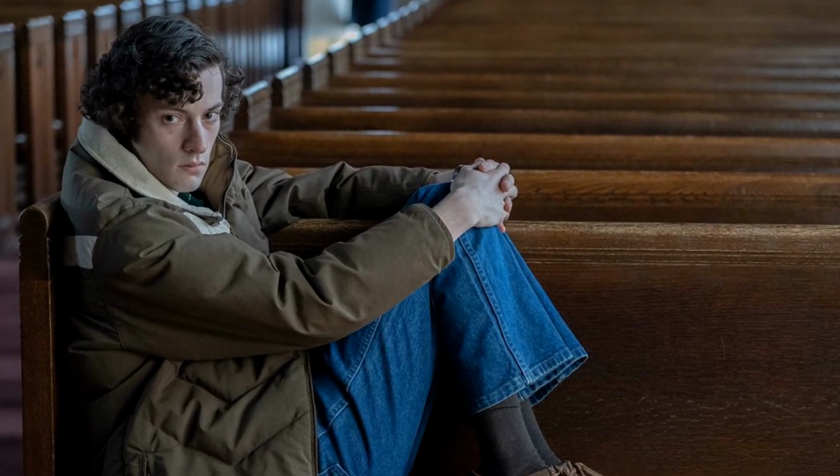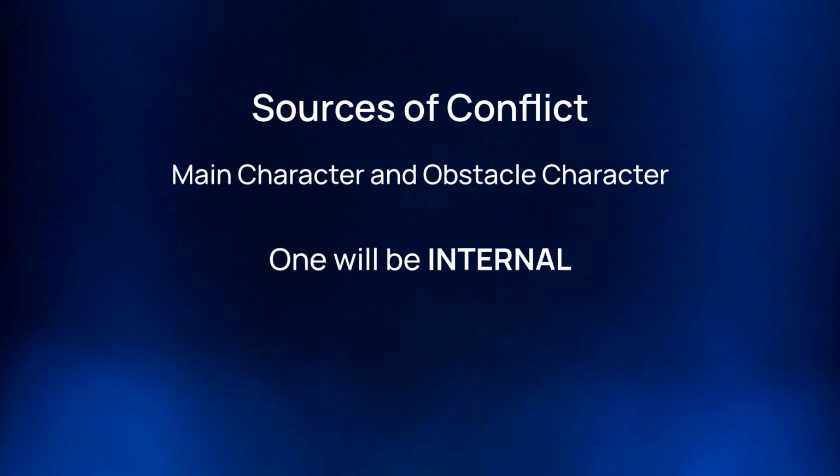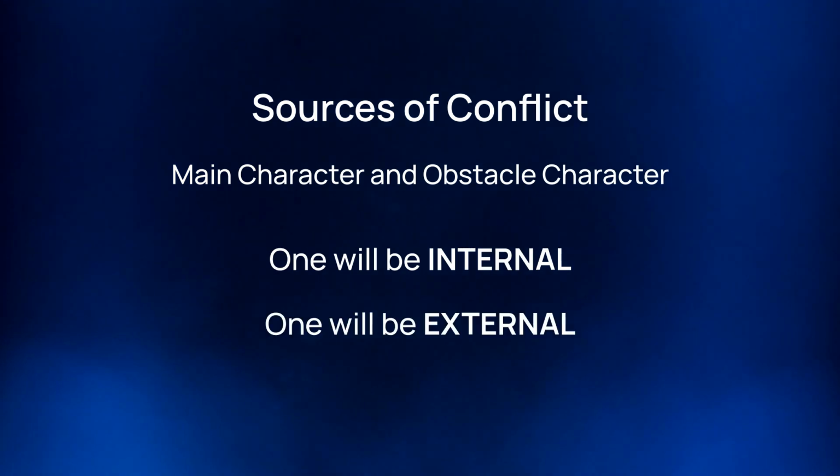So then once I know that, main character and obstacle character, then the next part of the definition between the two is one of those perspectives is going to be looking at a source of conflict from within, from an internal point of view, and the other one is going to be looking at it from an external point of view. Which one does it seem to be? So I'm not judging it based on my interpretation of what it means. I'm not creating this complete narrative understanding. I'm just measuring the relationship between those two and seeing where is the greater source of conflict. And it's not a black and white thing. Sure, it might be more in one or more in the other, but where's the tendency? Where is it more pulling towards?